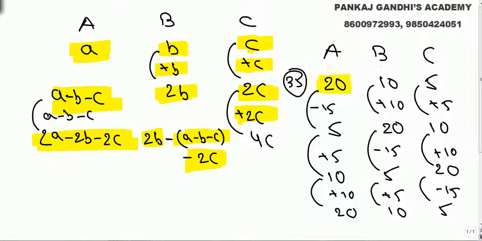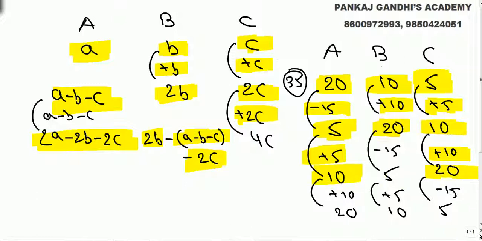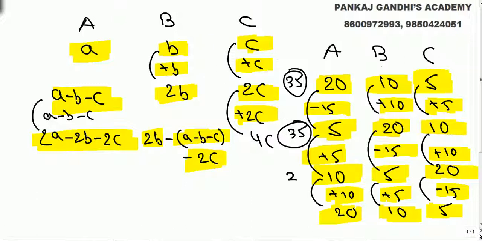For example, if A had 20, B had 10, C had 5. First A doubled, so 10 to B, 5 to C, left out with 5. Now B doubled, 5 to A, 10 to C, he is having 10, 20, left out with 5. And now C doubled, so it becomes 20, this becomes 10. So if you check out at every process, total diamonds at every step is the same. Total in the beginning or total at the end. This was just an example of what was done.